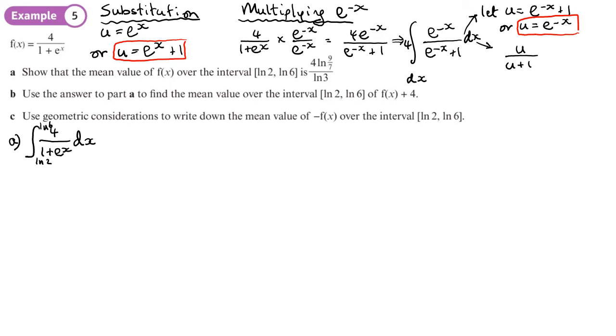So du dx, in this case, if I differentiate this, would be negative e to the negative x. So I would have dx equal to du over negative e to the negative x, which is basically like negative u, isn't it, minus u. Okay, so that is an option,